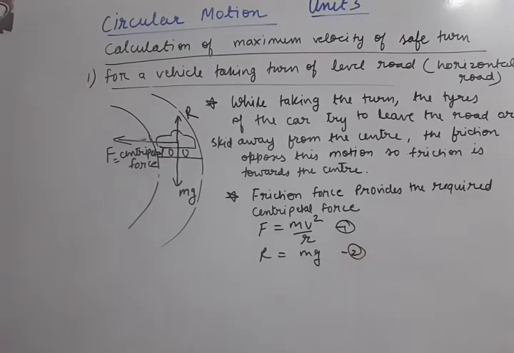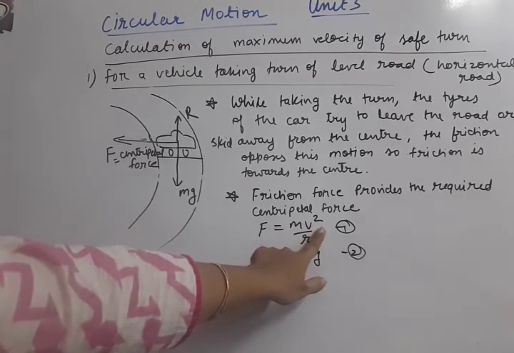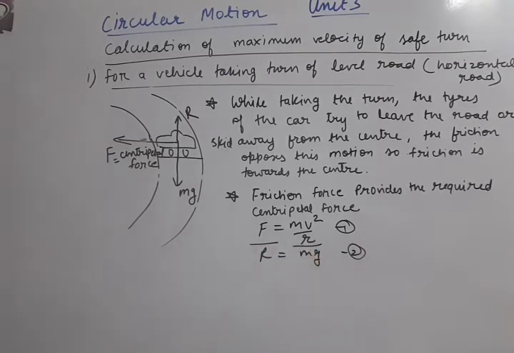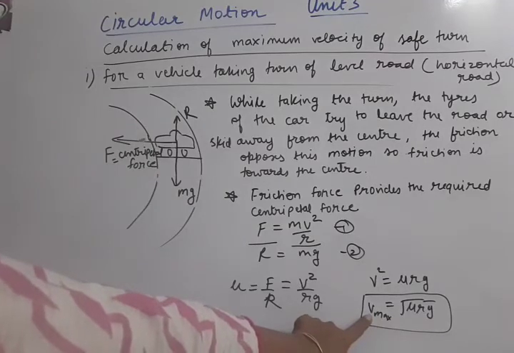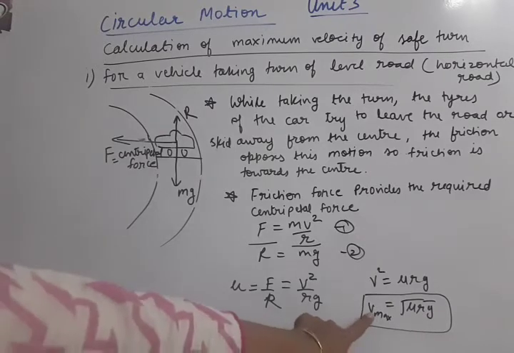Now, what is our target? Our target is to calculate this maximum velocity. We will divide these two equations so that this m gets cancelled. So F by R, which is equal to mu, the coefficient of friction. F by R we wrote as mu, and on this side m cancelled. What is remaining? V square by Rg. So finally we have the v square formula. The maximum velocity of a safe turn will become root of mu Rg. So the maximum velocity depends upon three factors.